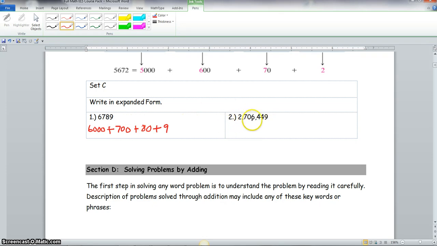Now number 2 is going to take a little bit more room. Hopefully I have enough. But what I'm going to do is this here. I'm going to put this line here, and I'm going to start writing this number starting here. So the 2 is in the millions place. So we will have 2 million